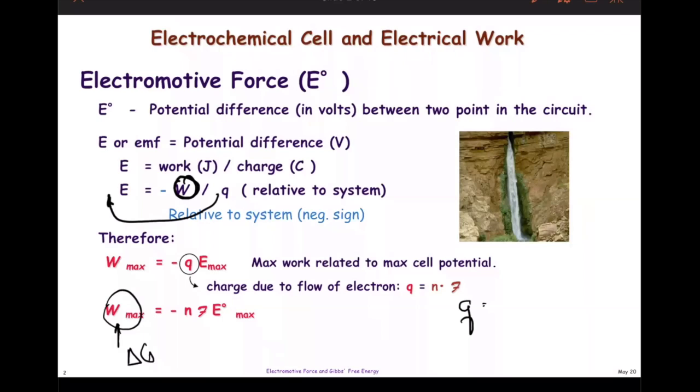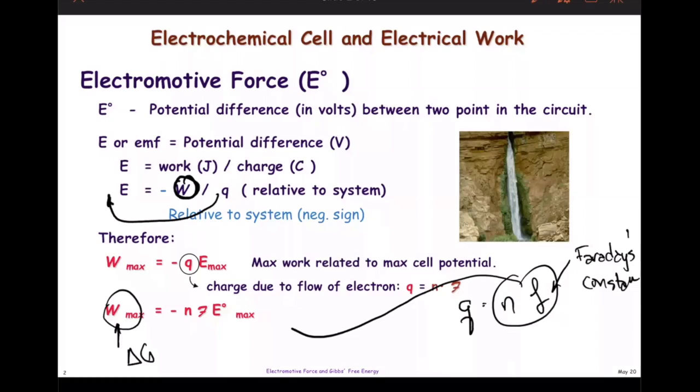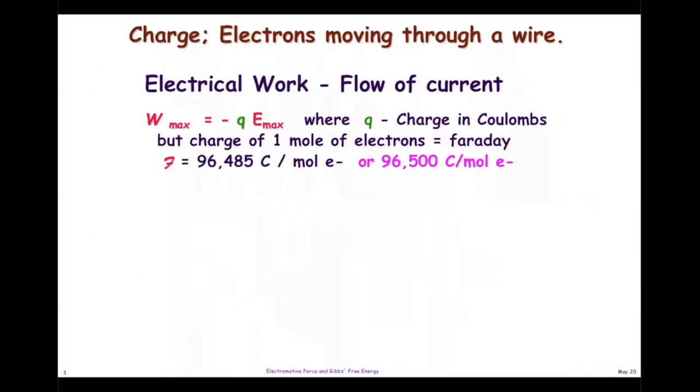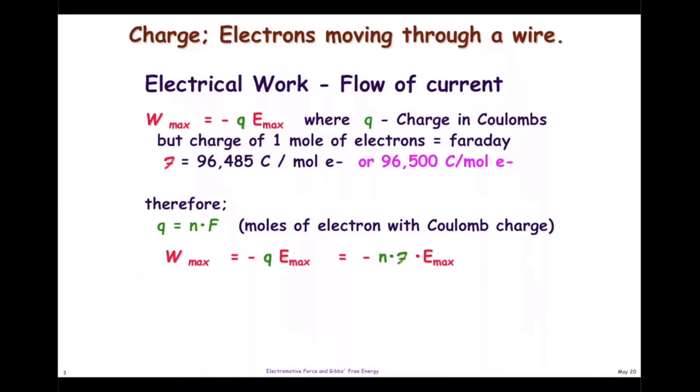Okay. Q, charge, is equal to the number of moles of electrons times the Faraday's constant, F. So if we make this substitution for Q, we get nF and E0 right here. It's not so important to derive this equation. You just have to make sure that you know how to use it. So if we substitute nF for Q here, and we substitute delta G for work max here, we have our infamous equation that the